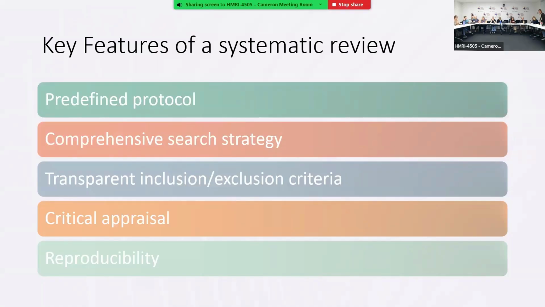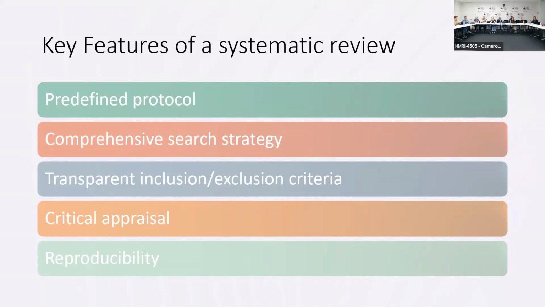So what are the key features of a systematic review? A predefined protocol. That's really important, and we'll talk about registering the protocol in a second, because a predefined protocol guides the whole structure of what you're going to do and when you're going to do it. And when you're doing a search later and you're like, should I include this study or exclude this study? I don't know, I've read 4,000 of them. You come back to your protocol and you're like, oh, this is what I need to include.